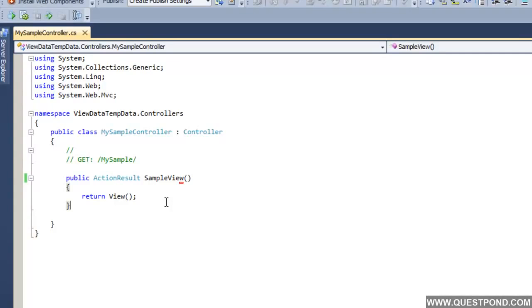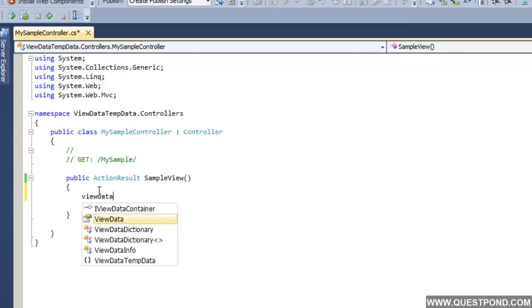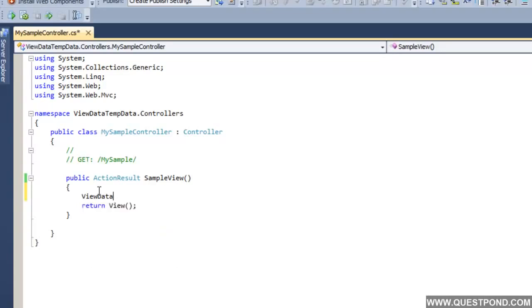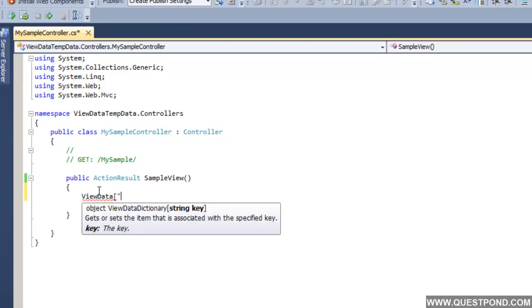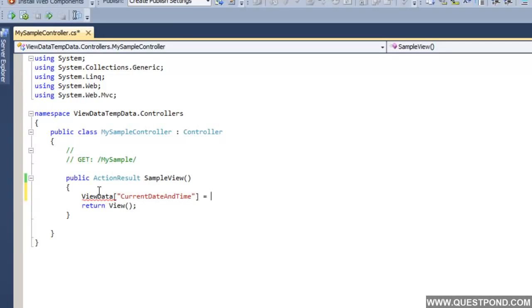In order to pass data from controller to views, we can use something called ViewData. So I'll go into this controller and create a ViewData by name. In order to create ViewData, you have to type ViewData and give some name to it, so you can see that on the screen. I'm going to say ViewData, let's say CurrentDateAndTime. Big name. And we'll store the current date and time in this ViewData called CurrentDateAndTime. Right now we want to display this current date and time in some view called